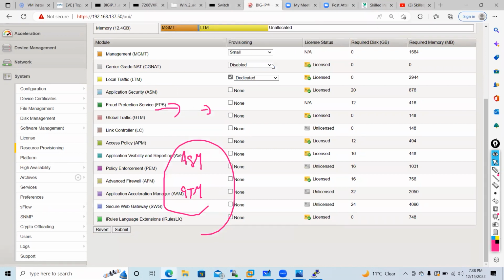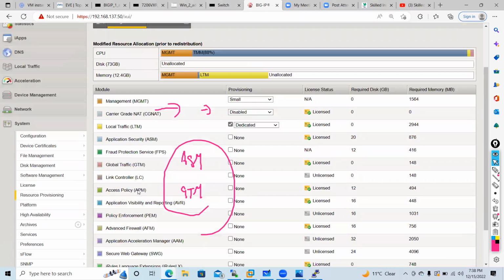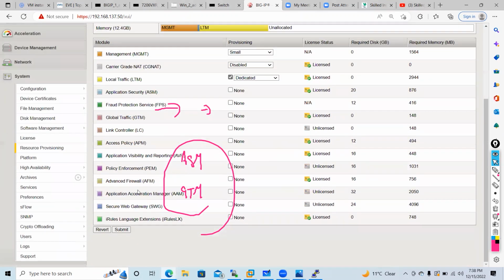I have configured LTM as a dedicated model and submitted it. After that, if someone wants to use GTM features, can I use it? Yes, we can. No, no, no, we can't use.